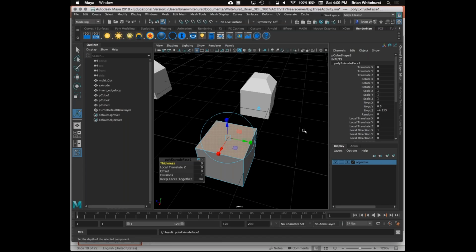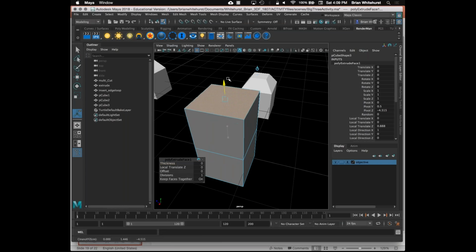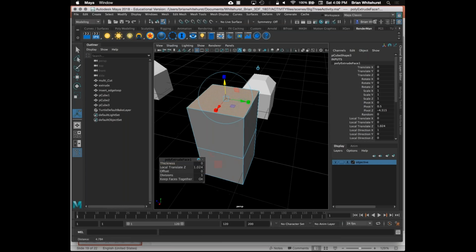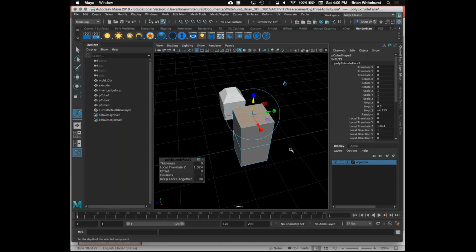So what do we need to do now? Let's try moving it. Whoop. All right, and just like I promised you, I created not just one polygon on top, right? But the 4 that go all the way around as well. So 5 polygons were just created with that one extrude. And how cool is it? They're all connected, right? They're all connected with edges,